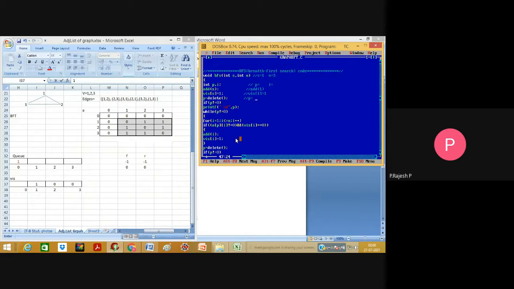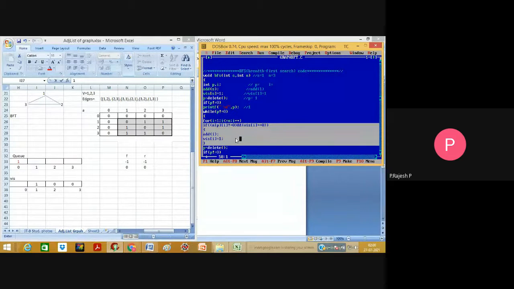And p is equal to 1 right now. If p is not equal to 0, yes, it is true, then print the value of this one. Nothing but 1 is going to be printed right now. And while p is not equal to 0, yes, p is not equal to 0 only, so come inside it, and then we have the for loop here. The if condition is going to be under the for loop, so we have to keep executing it until the for loop condition becomes false.